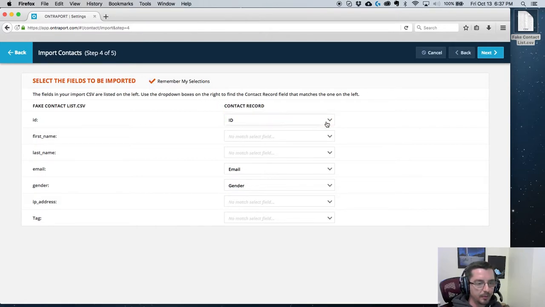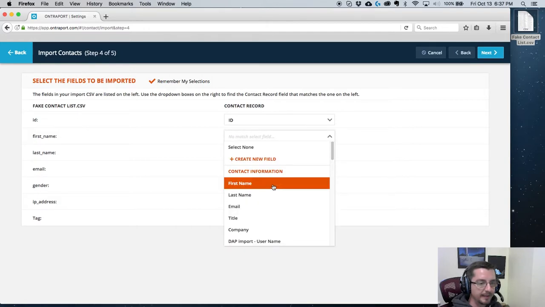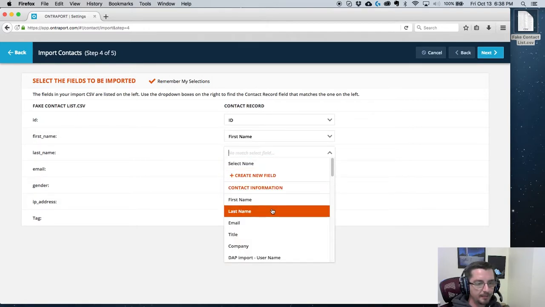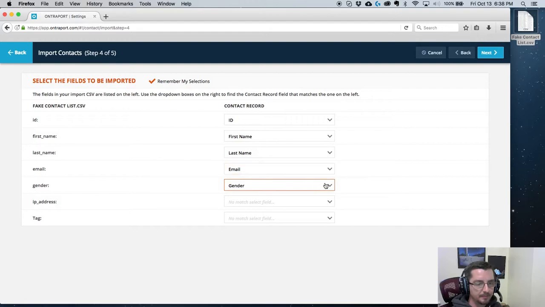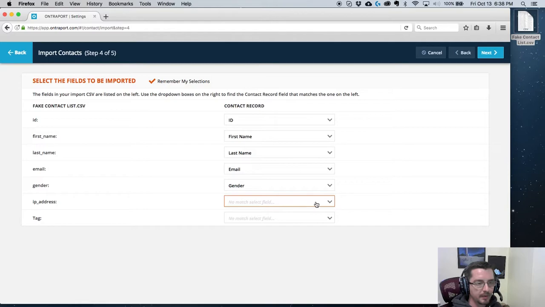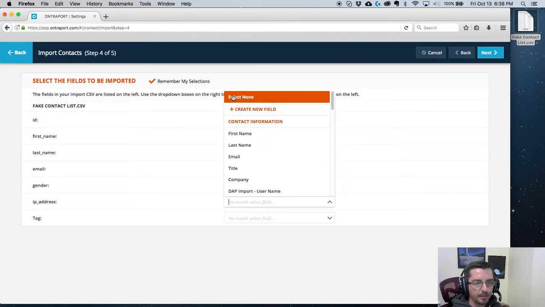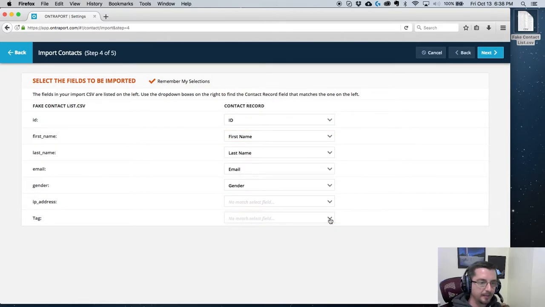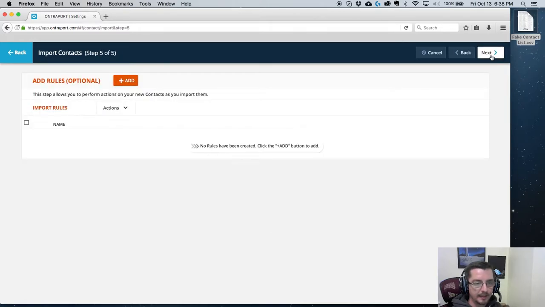So now we'll just go down the rows and match up the fields, starting with ID, then first name, last name, email, and gender. IP addresses we are going to leave blank since we don't want to import that data. And for tag, we're going to select contact tags. This will place these comma-separated tags into the contact's tag record. Comma-separated if you have multiple tags in a column. When we're happy that all the rows matched, we'll click Next for the final step,